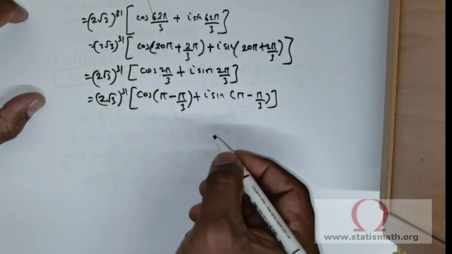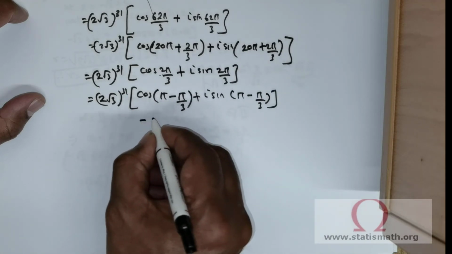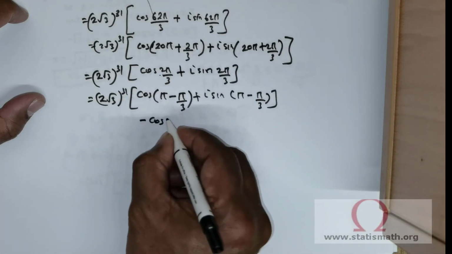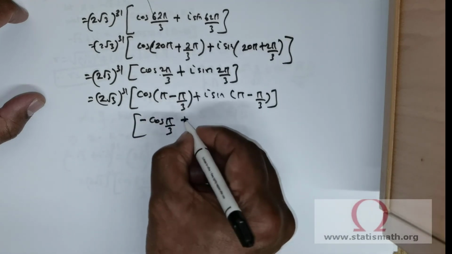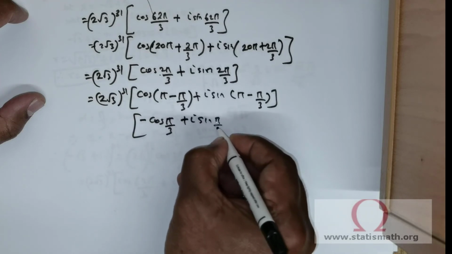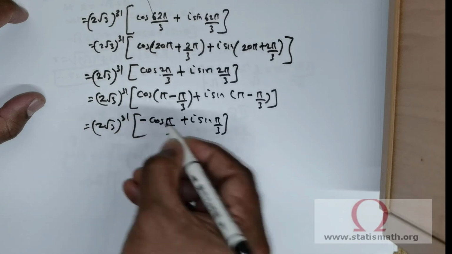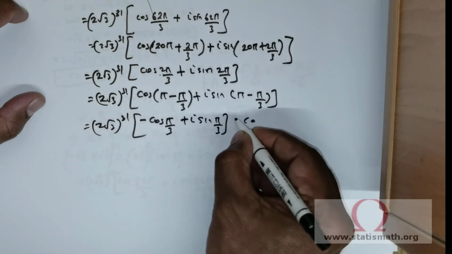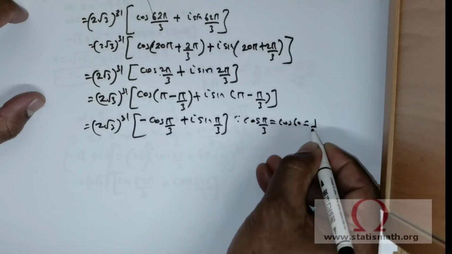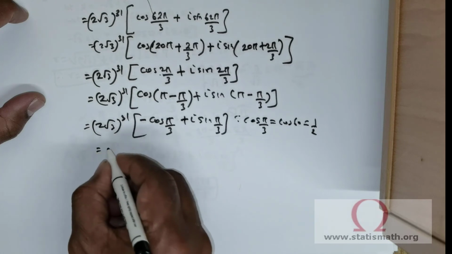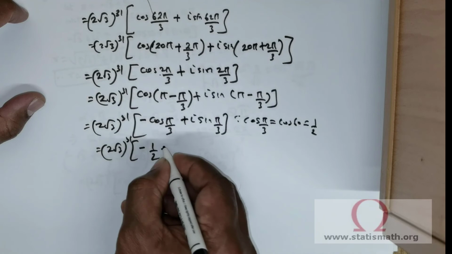Using the trigonometric formula, this gives negative cos of pi over 3 plus i times sine pi over 3. Now cos pi over 3 is cos 60, which is 1 over 2, so we get negative 1 over 2 plus